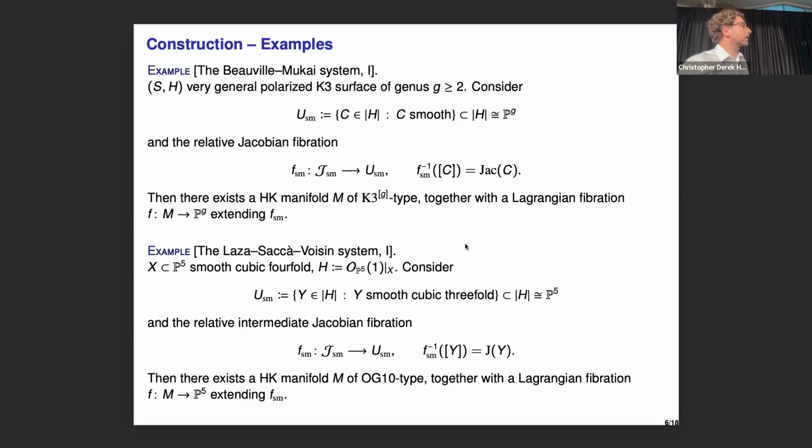And so the interesting thing here is that to a cubic threefold, well, there is no Jacobian, but there is a natural analog of the Jacobian of a curve, which is the intermediate Jacobian. So this is a classic construction due to Griffiths and studied in many cases related to the rationality of the cubics. We saw something in Stefan's talk as well. And so what is the point of this is that this intermediate Jacobian is also something of dimension 5. It's a principally polarized abelian variety of dimension 5.